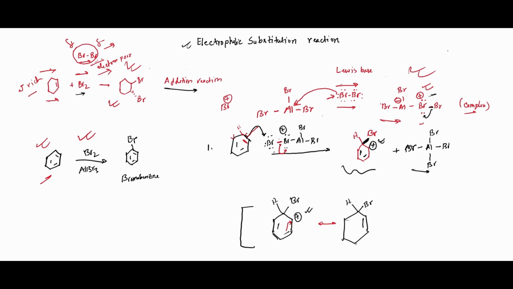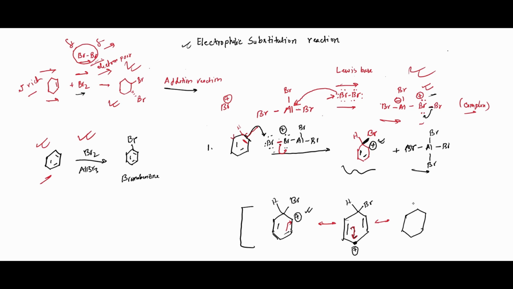Now this place lacks the electron. Now it will be positively charged, but we still have the double bond here. So later on, this one will try to compensate the positive charge here. And you can imagine what's happening, right? What's happening is that we have